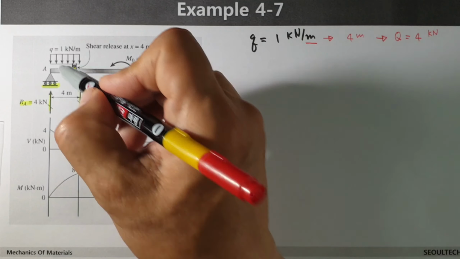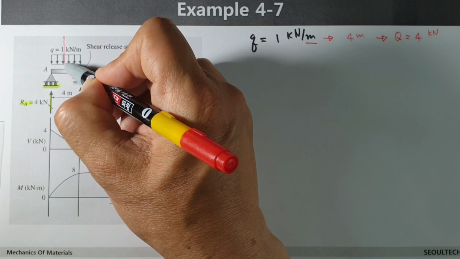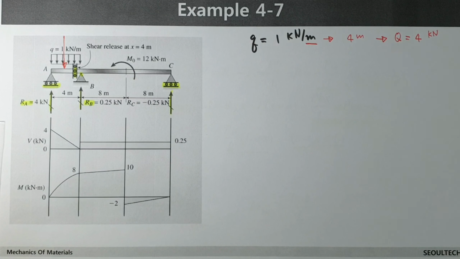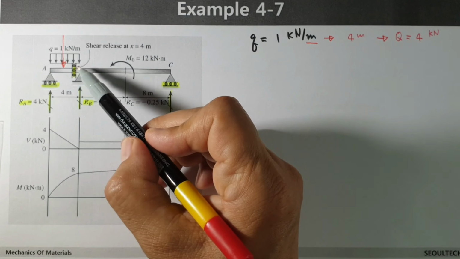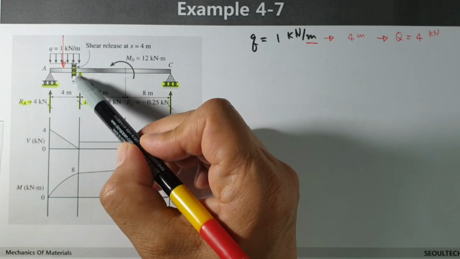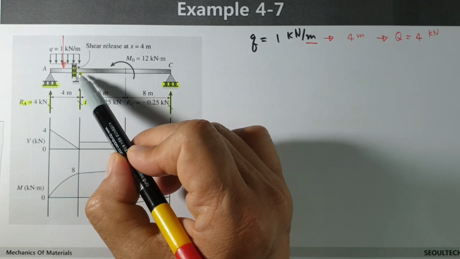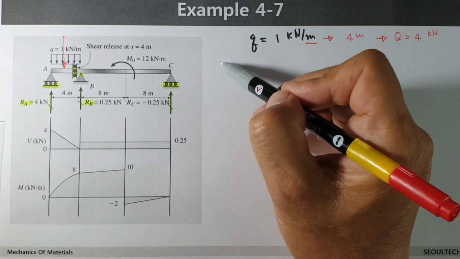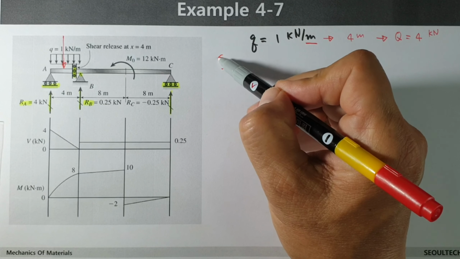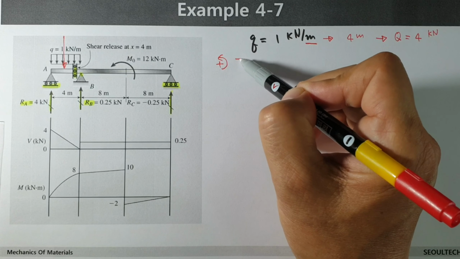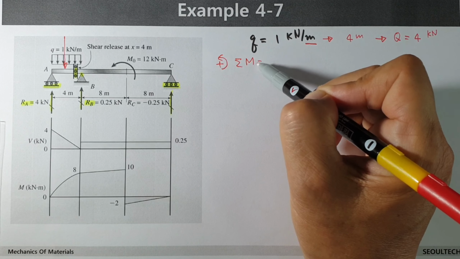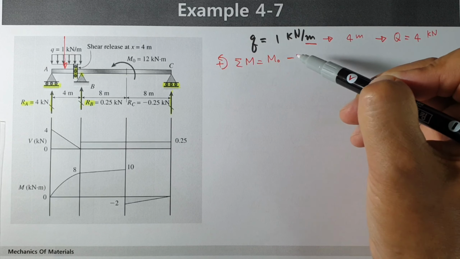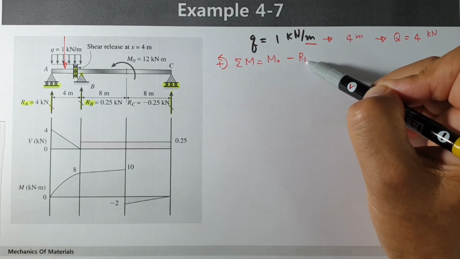Okay, this one is acting in the middle, we can assume. Then reaction is 4 kilonewton. Okay, that's it. And next stage, here shear is free. That's why it's independent one we can consider. In this case, when you think about this kind of direction is positive, then moment is considered. Then MO is given like this one, positive, minus RB